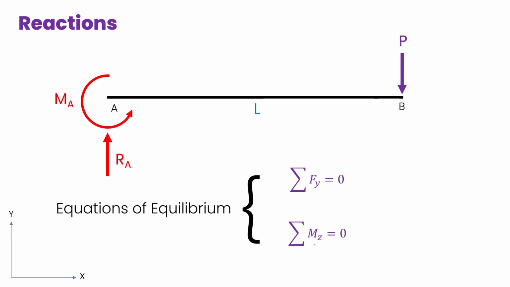Similarly, the structure should not be moving or rotating in the z direction. That means it cannot be rotating about any point. So this is the beam. It should not be rotating at some point around this. So all in all, it should not be rotating. That's it. If it is not rotating, that means it's a stable structure. And in this case, we have only these two equations to solve for, because sigma Fx is not required as there is no component in the x direction. We'll be solving the problem with respect to these two parameters.